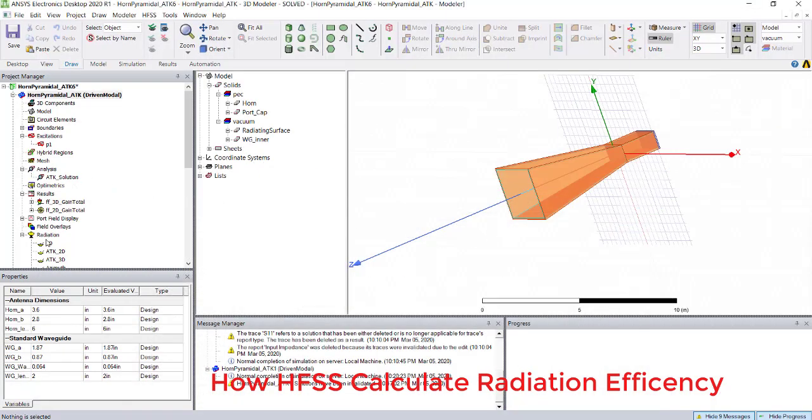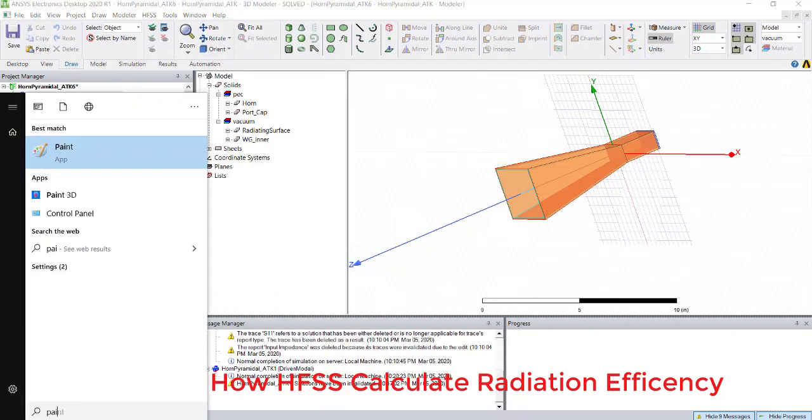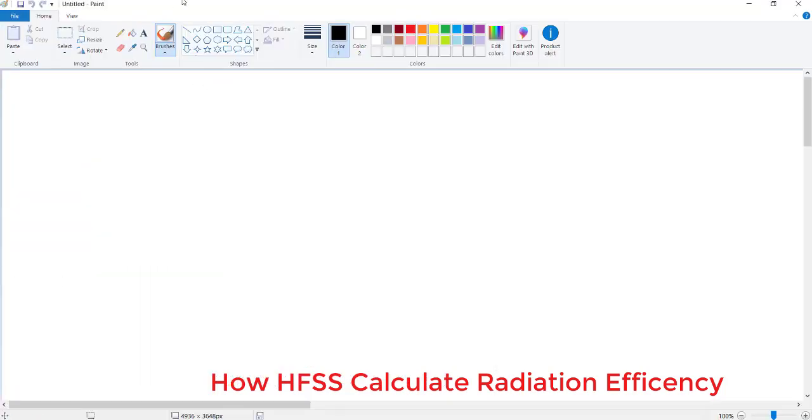One is, what is the power accepted? So if I take a paint, you can see I have an antenna and I am going to give 1 watt, and this power will transfer into the antenna and some of the power will be reflected back.